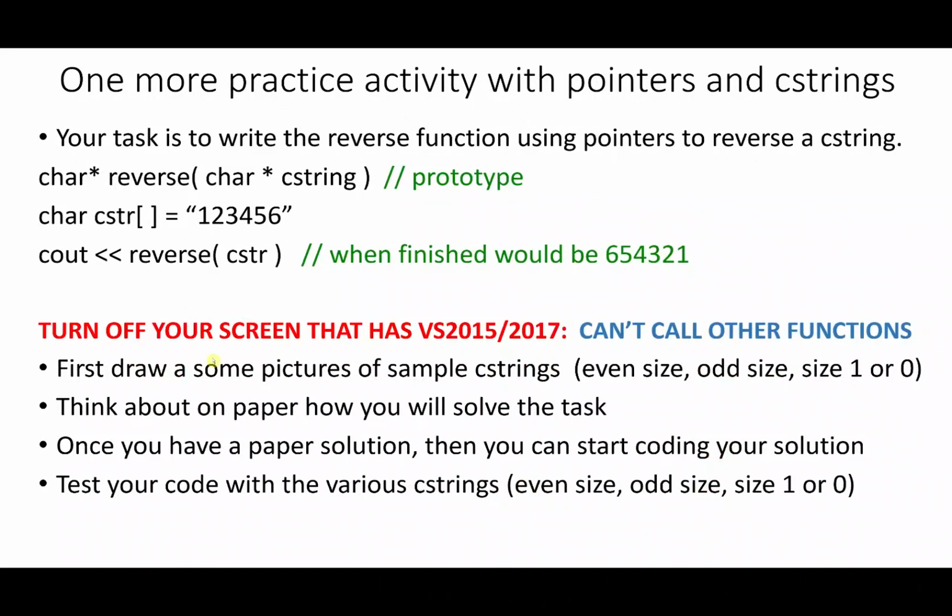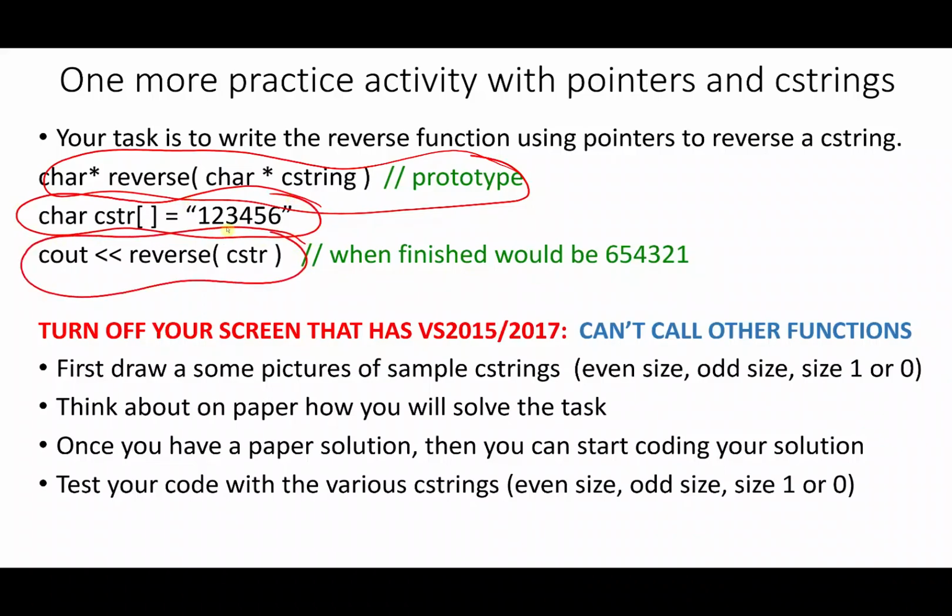So, one more practice activity with pointers and C strings for you to practice. Your task is to write the reverse function using pointers to reverse a C string, char* reverse. Here's the prototype of your function, and here's something you can try. Because your function reverse returns a pointer to the reversed C string, that would print, for example, 6, 5,